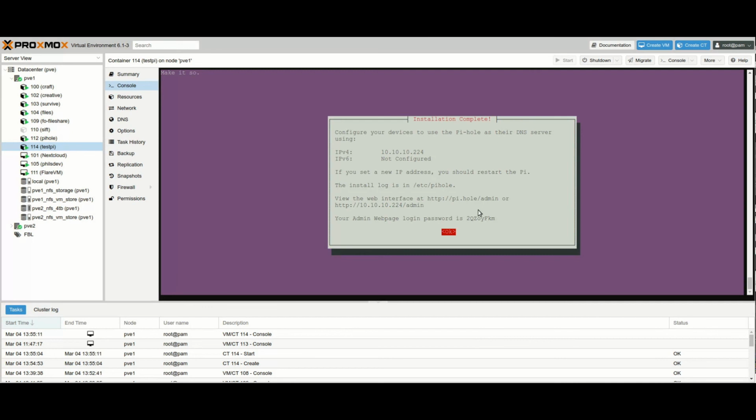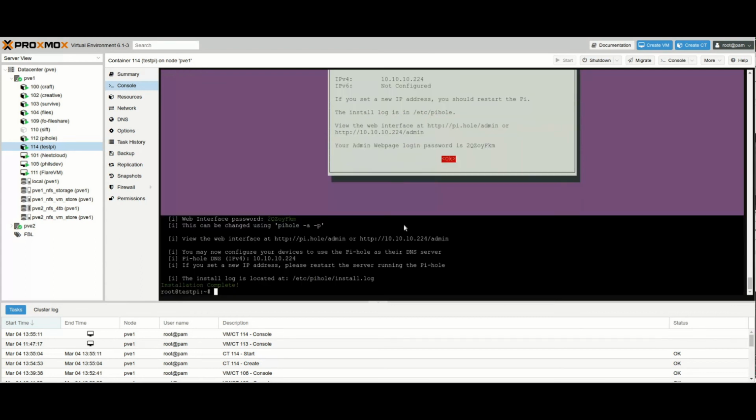So make sure you write down this right here. It can be reset, but it's a little difficult to do. And then, of course, the IP address is 224 and /admin. So we're going to say OK, and we will go to